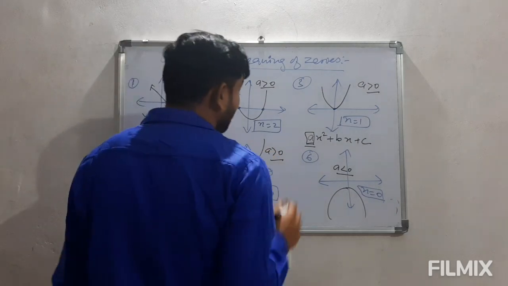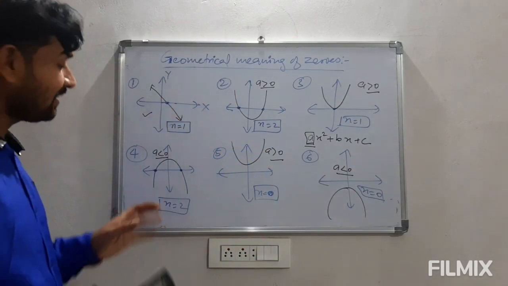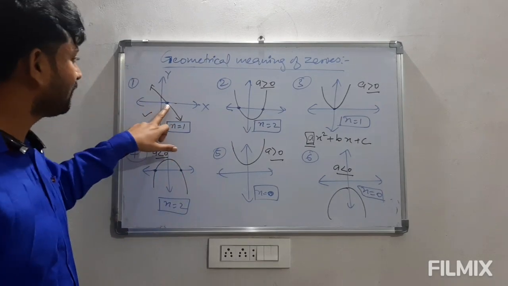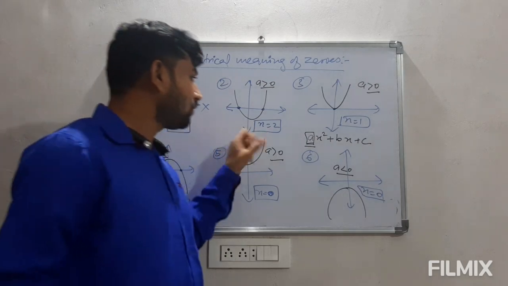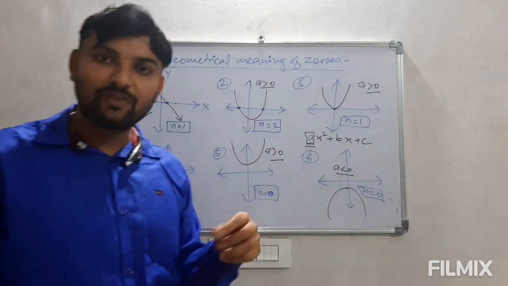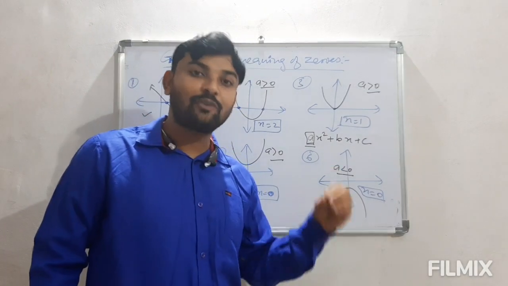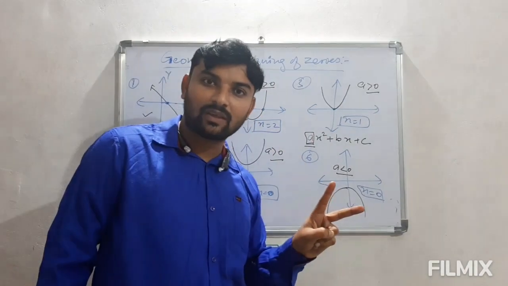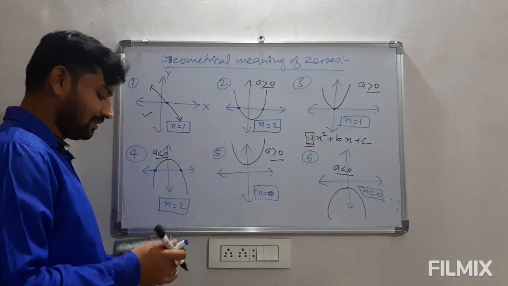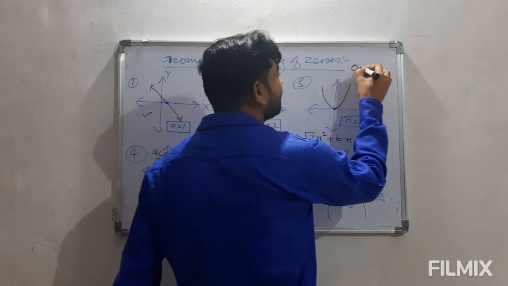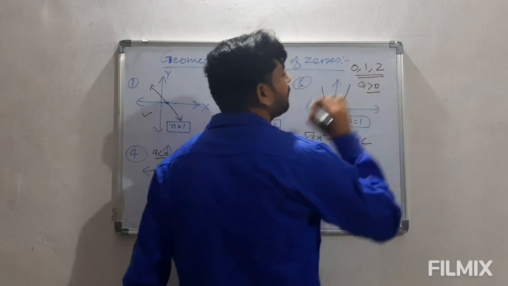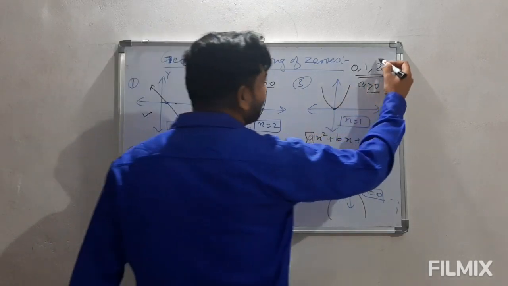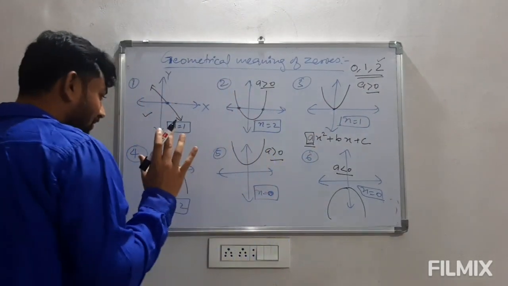Now, as I told you, a linear polynomial will have one factor and we will have a single, unique 0, that is here in this case. Now when we talk about quadratic, we get 2 factors. It means 2 zeros. As the degree is 2, we have at most 2 zeros. Means a quadratic polynomial can have a maximum of 2 zeros. But here, maximum 2 means the value can be 0, 1 or 2. This is the possibility. It can be 0, it can be 1 or it can be 2. So the at most value is 2. It can be 2 at the most.